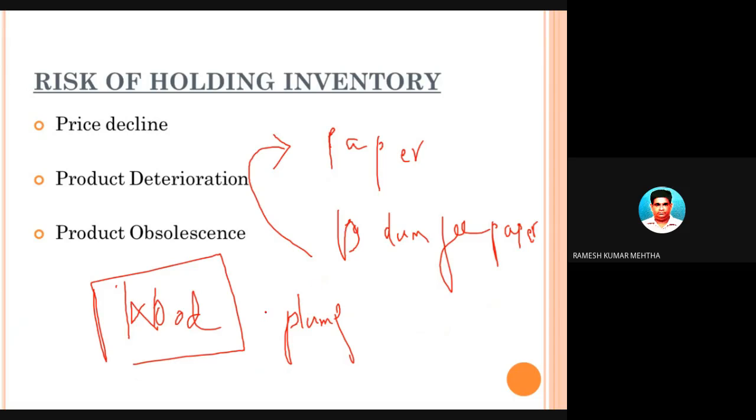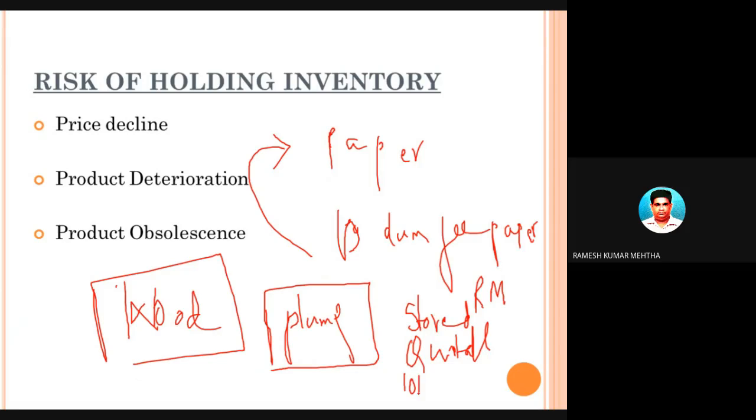Okay, raw material. Now what they did is they stored a huge amount of this raw material in the anticipation that the raw material will not be available, and it can hinder the process of production because of shortage of raw material. They were anticipating that there will be a shortage, and if raw material is not supplied to the production center in time, then the production gets hampered. So they stored this raw material in quintals, like 1 lakh quintals, or 10 lakh quintals, at an average rate of 40 rupees